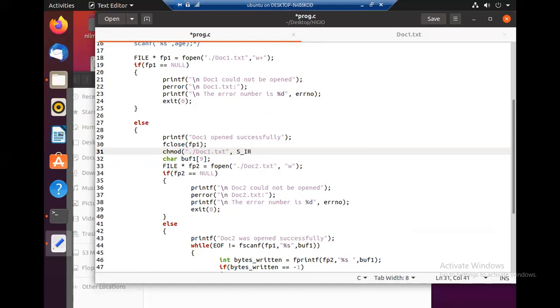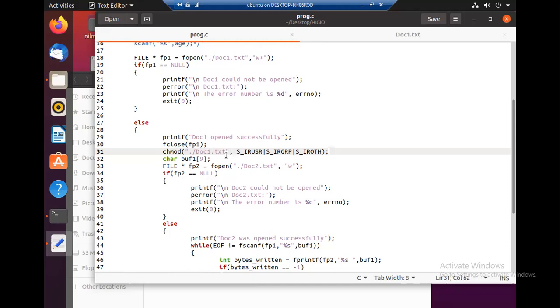Set read privilege for user, or set read privilege for group, or set read privilege for others. Right, this is how you change the privileges. So now we change the privilege to read only, then we are asked to open it.